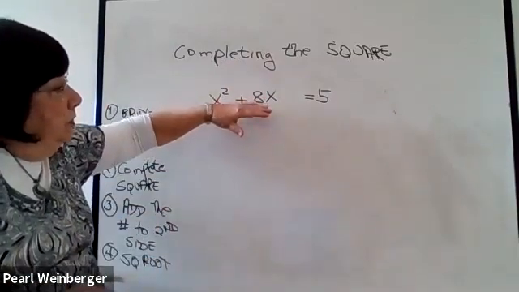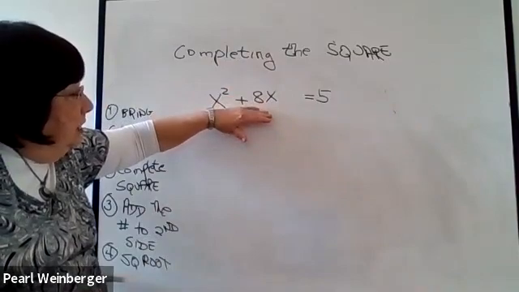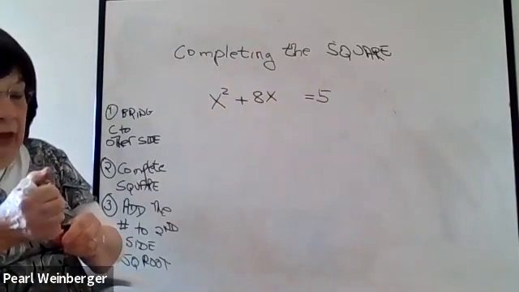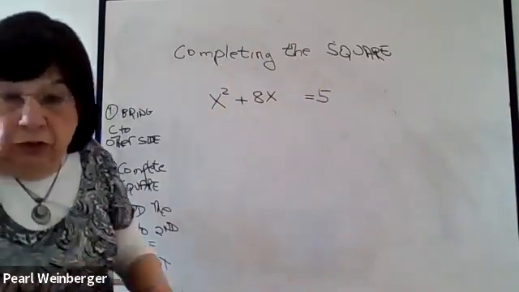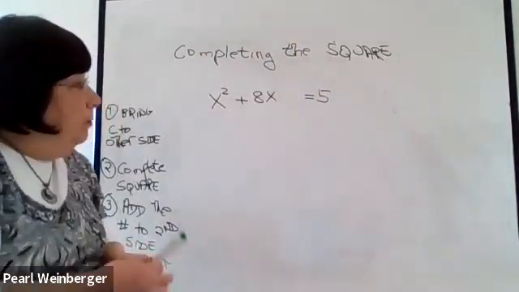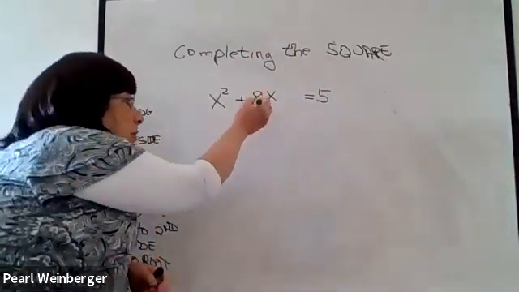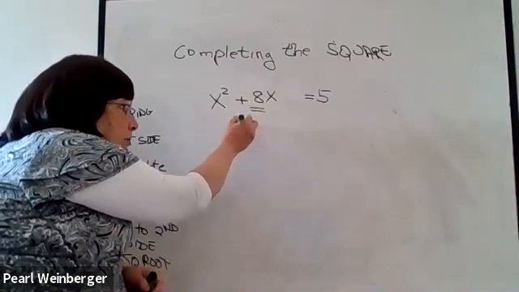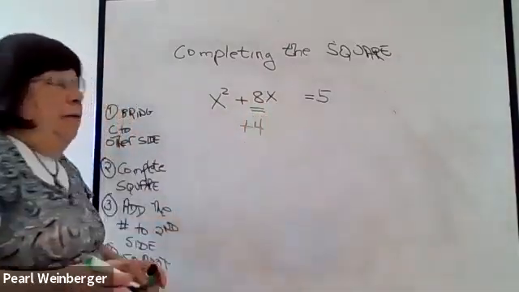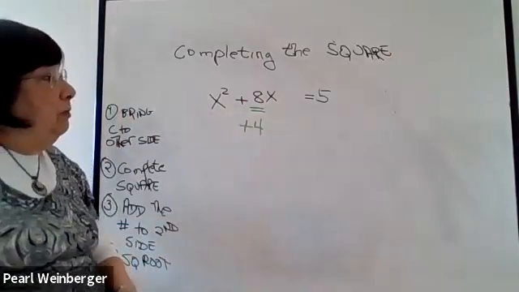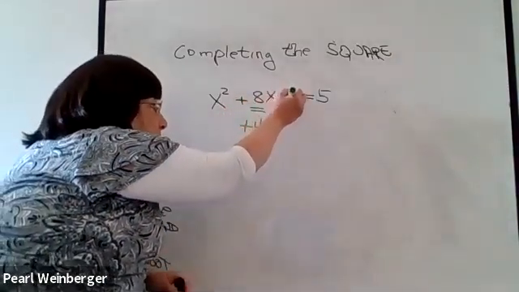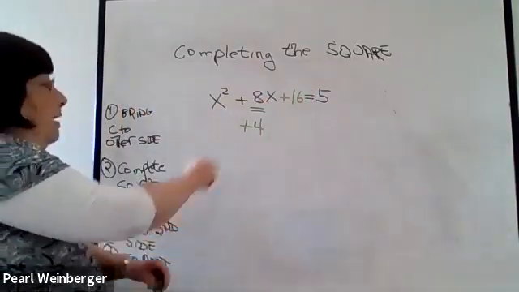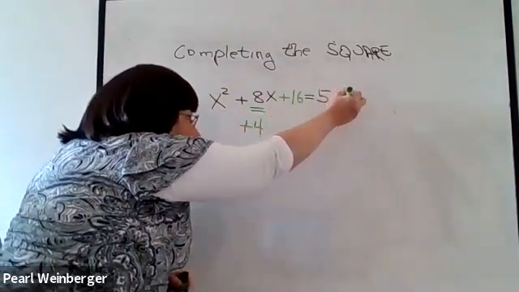In other words, for completing the square, you want just the x's on one side, and any number that doesn't have an x has to be on the other side. And then we're going to complete the square by taking half of the number in front of the x, which is an 8, so half of it is 4, and multiplying it by itself. 4 times 4 is 16. I'm going to have to add 16. But if I add 16 to one side, I have to add the exact same number to the other side,